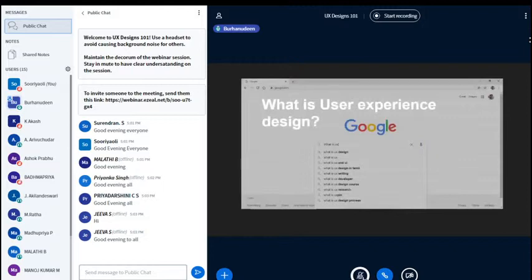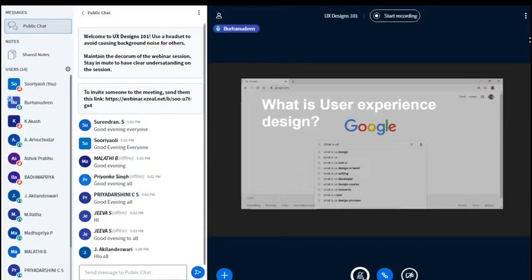So getting started with UX, how I'm structuring this is: I'll explain what user experience is, and then show you some examples of how the principles work, the basic things in layman's terms. For the benefit of the audience, I think it is going to give you multiple levels of knowledge. Then I'm going to move into the UI part, and in between I'll give some analogies to help you understand it better.